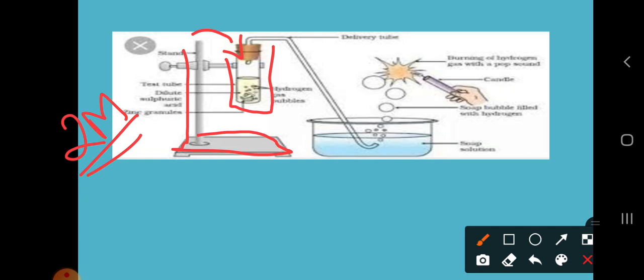First we have to focus on the arrangement of this reaction. So you have to take one tight cork and connect it with the delivery tube to this soap solution. This is our soap solution. So here why we have taken the soap solution means